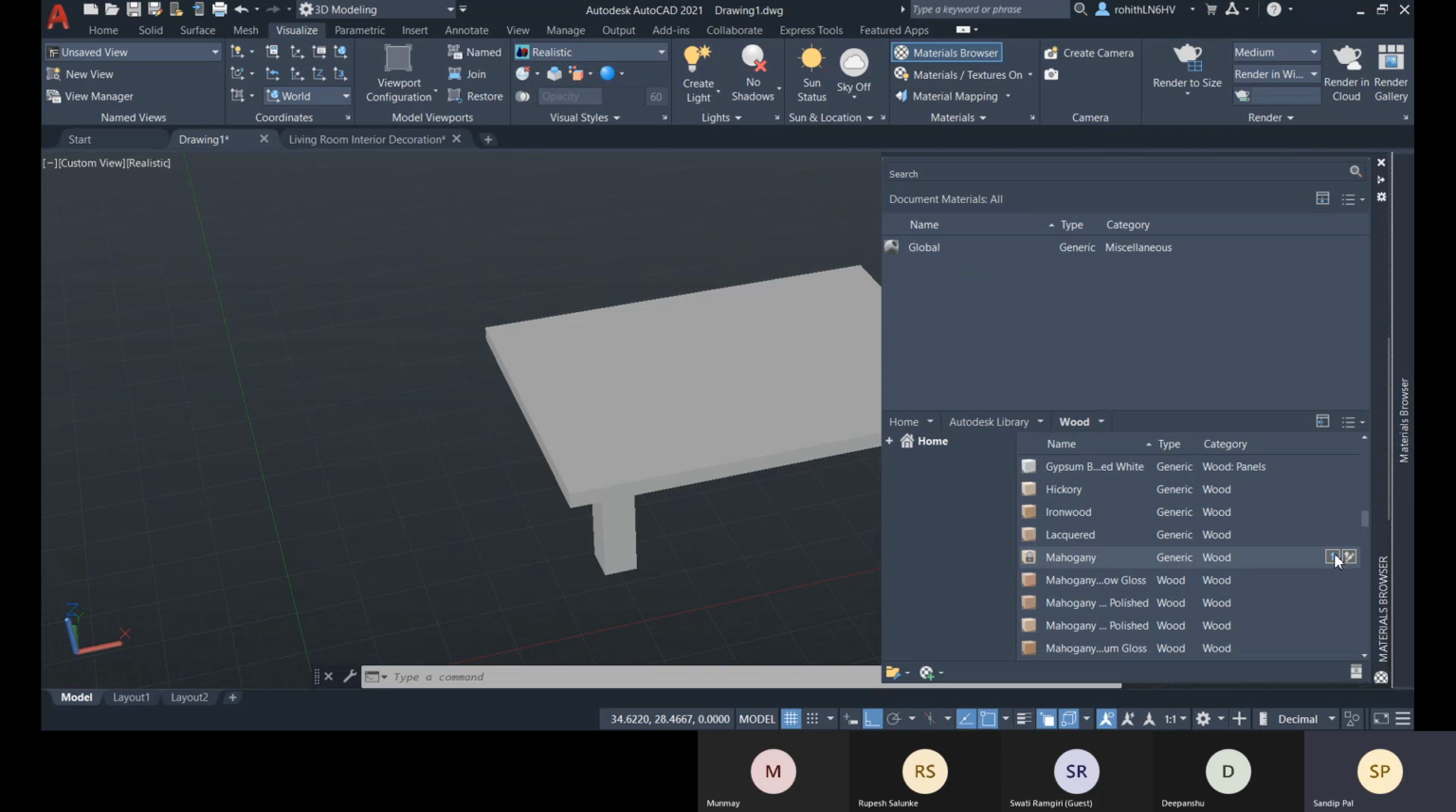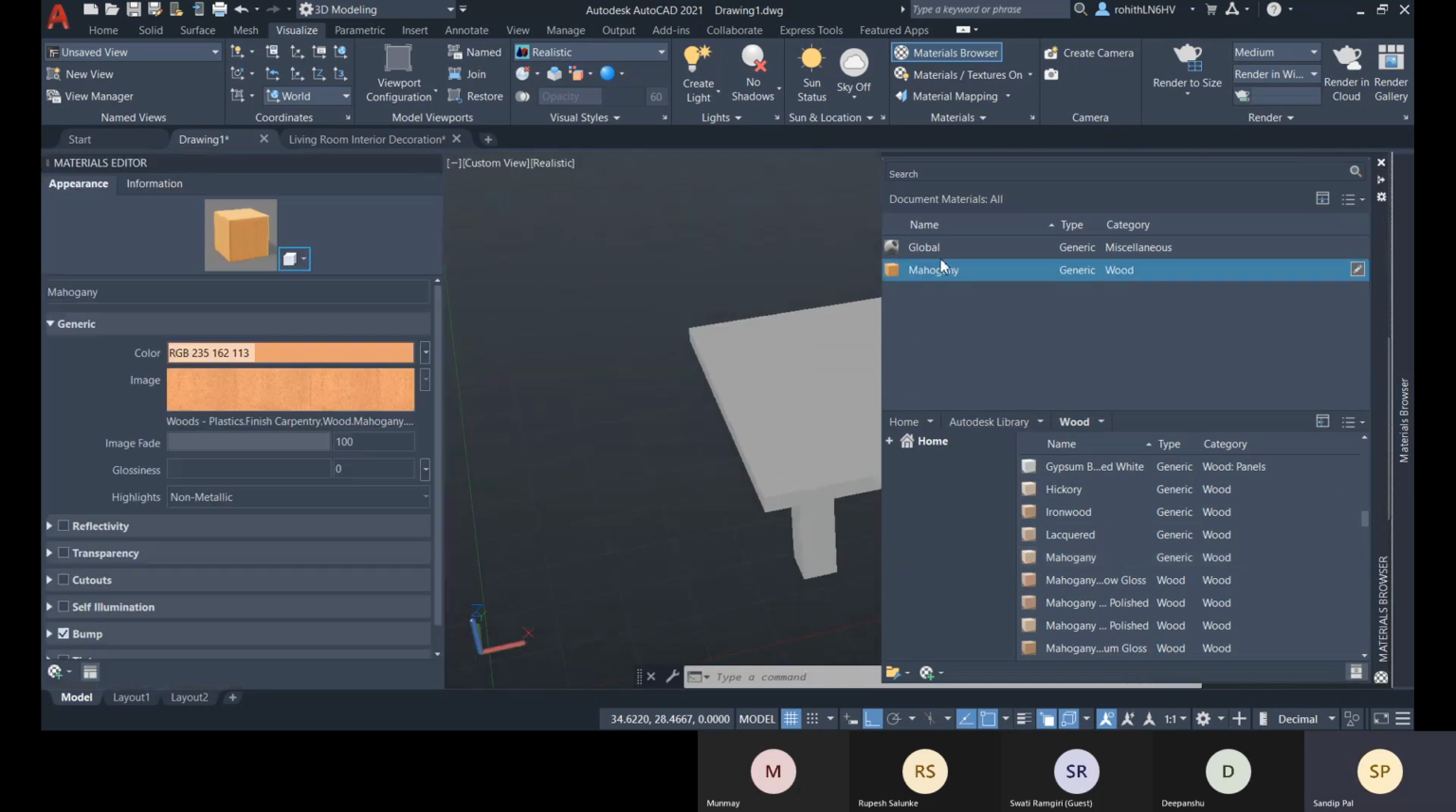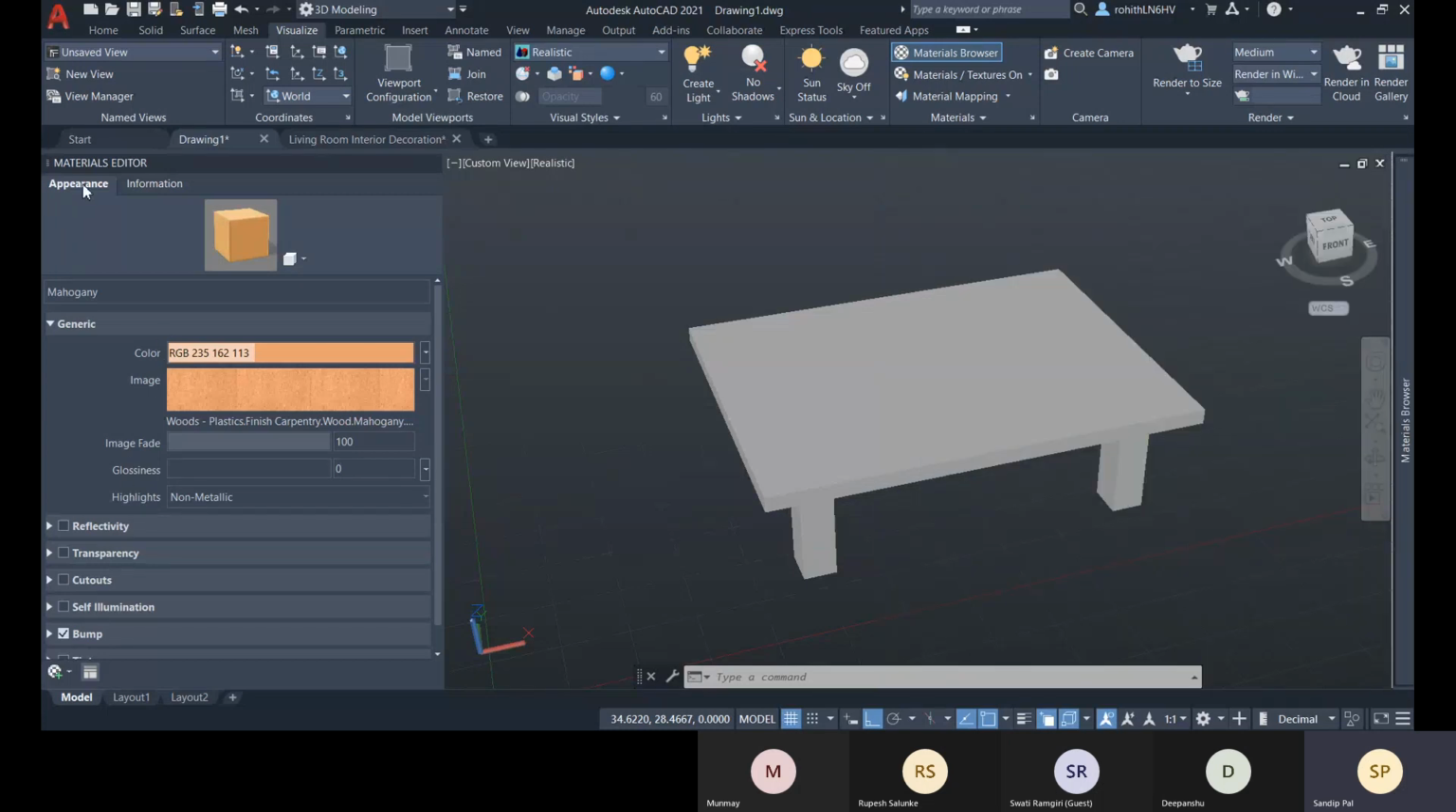Okay, so let me show you this option. And here you can see this is added right now into this document, and this material editor window is opened up right now. And here you can see this is the color, and this is the image for this material. Okay, so you can do any changes like